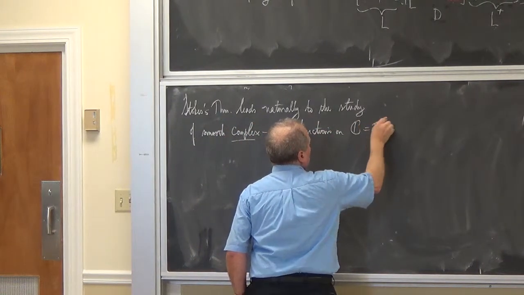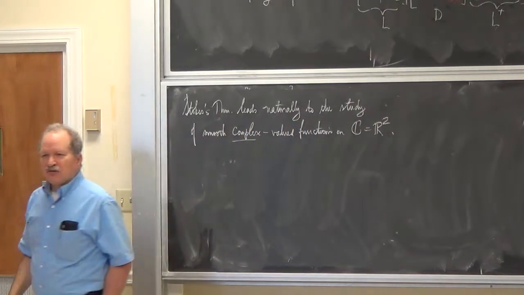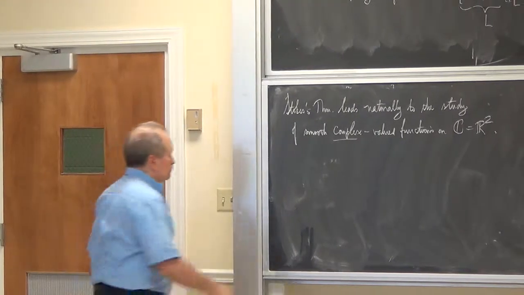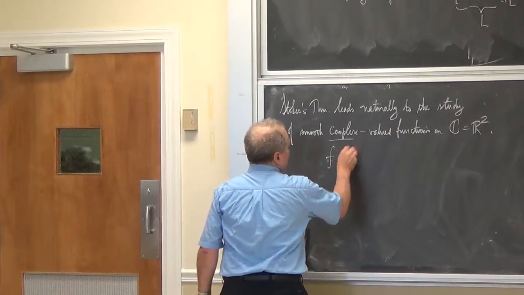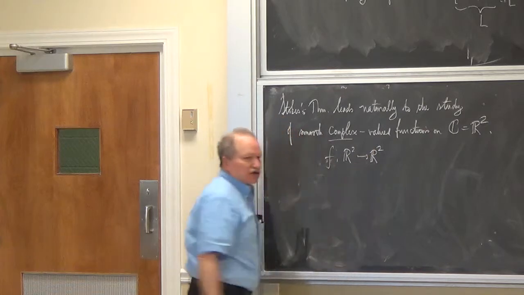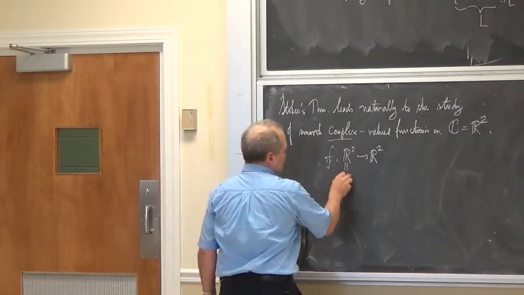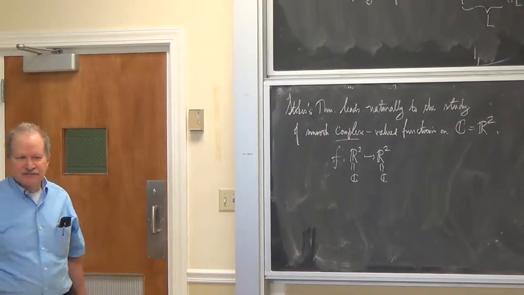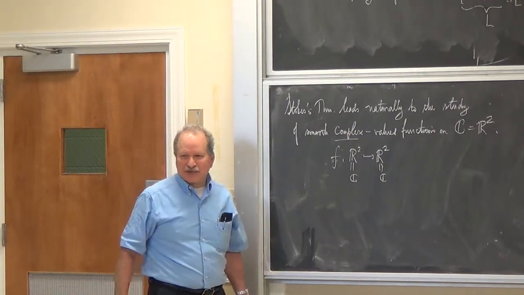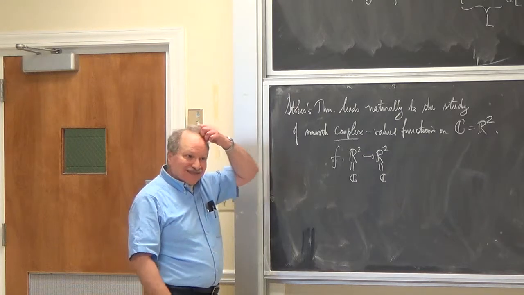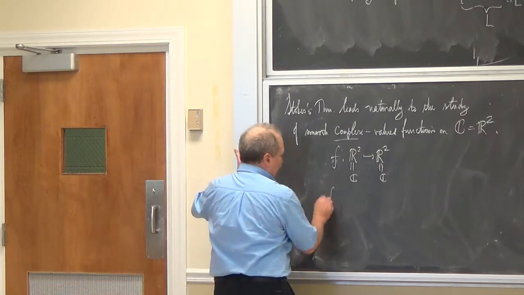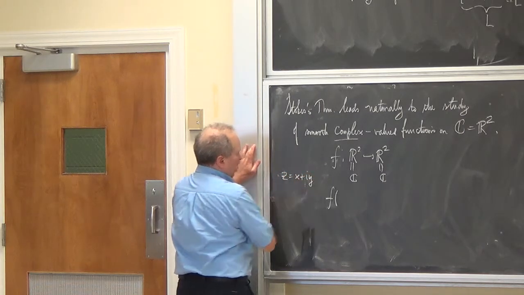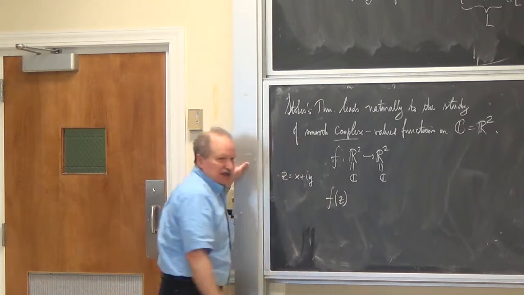So you could do everything we've done in calculus, studying functions from R2 to R2. But instead of thinking of it as a vector valued function on R2, I'm going to think of R2 as a copy of the complex numbers. And since I've introduced you to complex numbers talking about eigenvalues, I figured why not? So a simple example would be write Z as x plus iy and think of a function of Z.